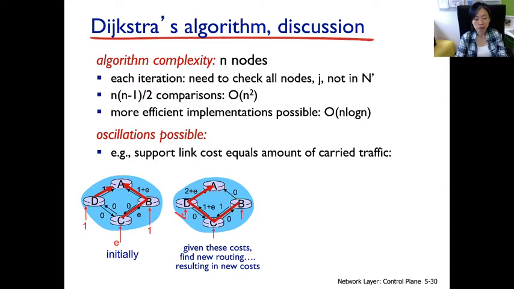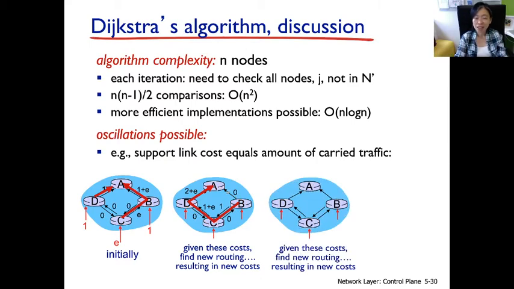What about D? Going this direction, 0 plus 0 plus 0. Going this direction, 2 plus E. So D is going to switch for the first time to go counterclockwise. And that's why in the next moment, you see traffic begin to change direction completely. Okay? From all clockwise, one period before, to counterclockwise the next period. So, given these new costs, we calculate the new routes all going counterclockwise, and we update the new costs again